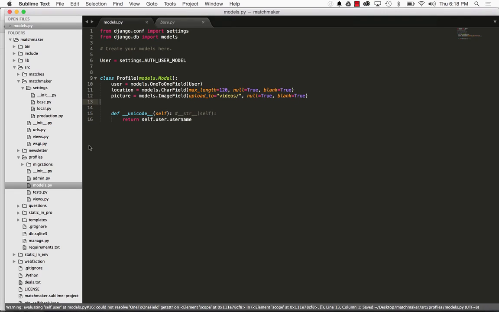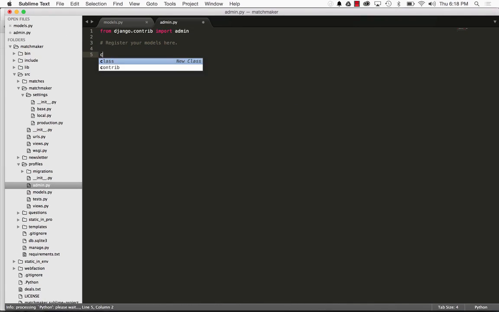Cool. So that's our profile, and let's add it into the admin. So that's what we'll do first, is we'll add it in here. So from class.models, import Profile. And then we're just going to do admin.site.register